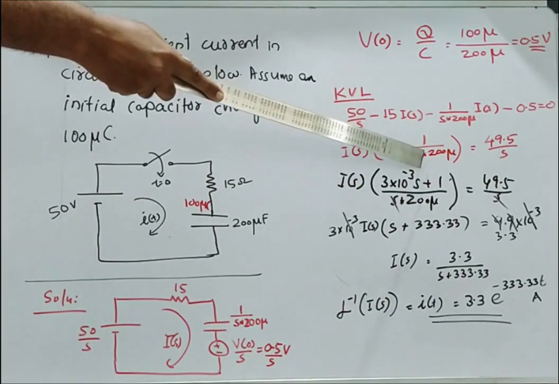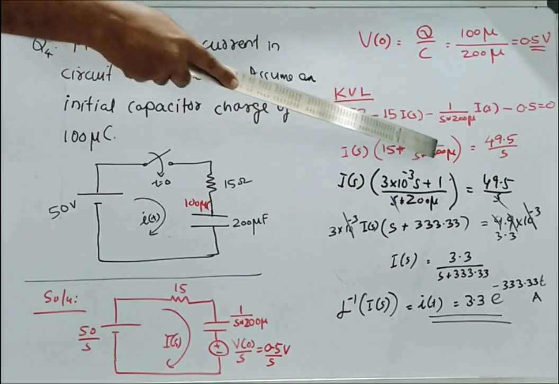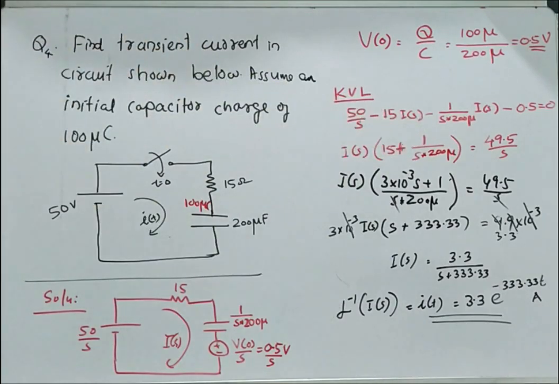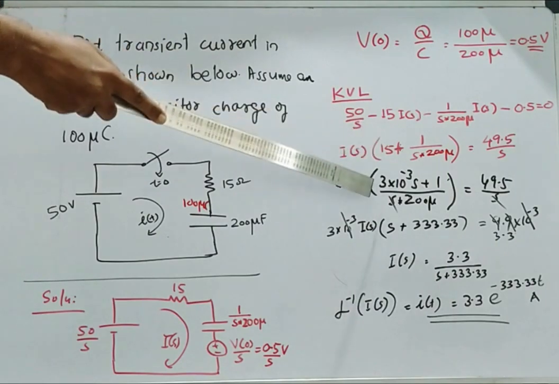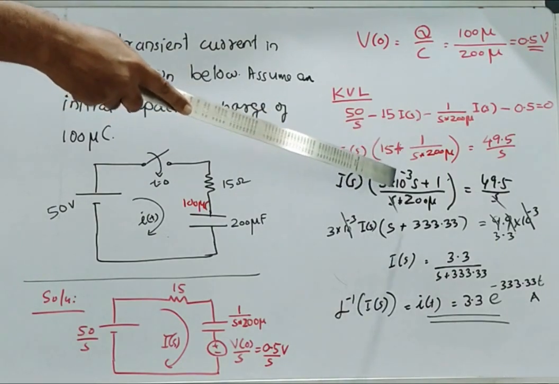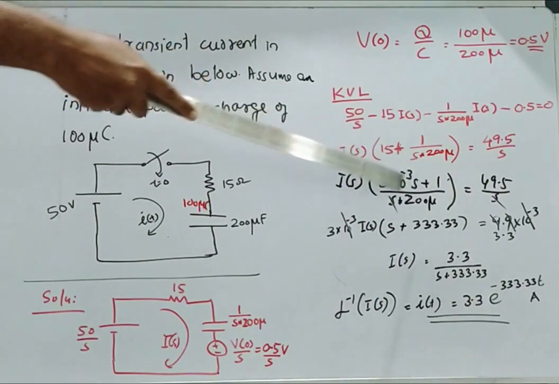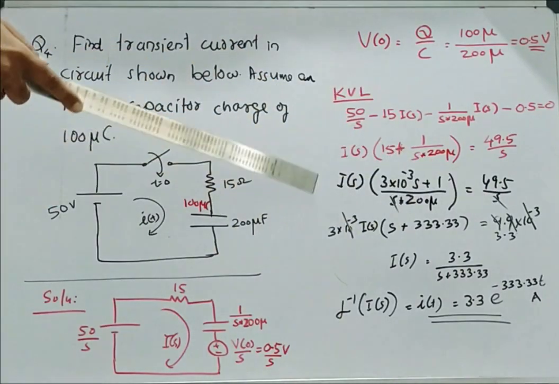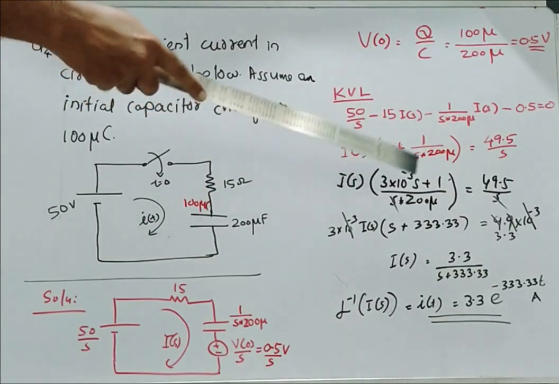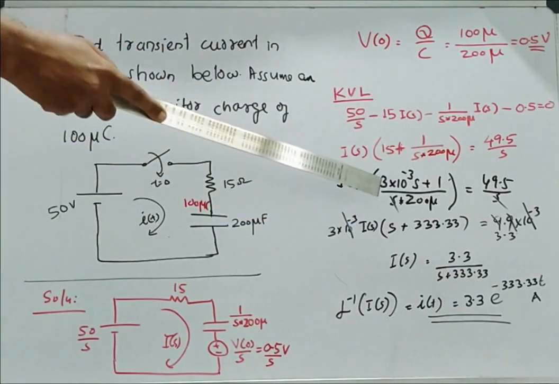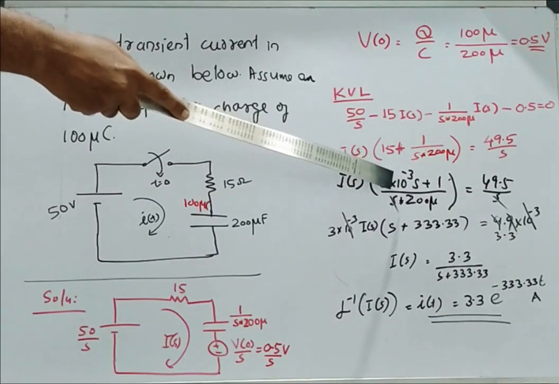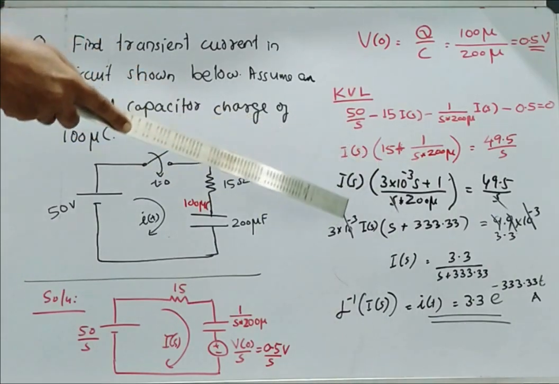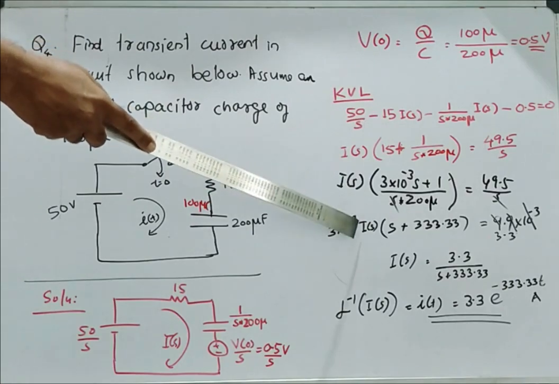So we can multiply like this: 15 into 200 micro into S plus 1, by S into 200 micro. That multiplication gives 3 into 10 raised to minus 3 into S plus 1, by S into 200 micro. This S and S get cancelled. So again, in order to make the S plus something form, we can take 3 into 10 raised to minus 3 outside. After taking it outside, we obtain I of S into S